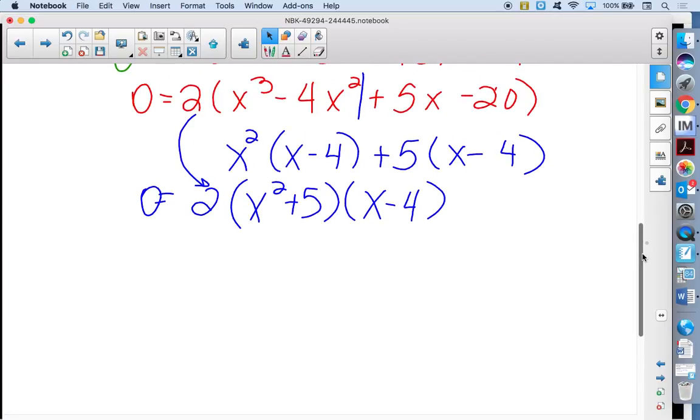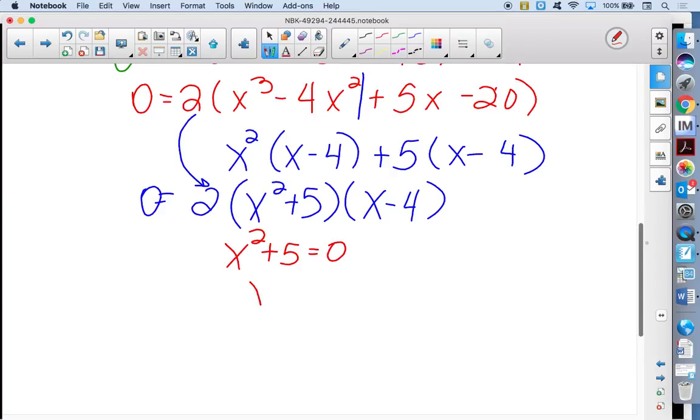So when you're finding the solutions, the 2 in front doesn't have a variable, so that's not part of the answer. It doesn't affect anything inside the parentheses. You took it out, it's done. Go on with that. The x squared plus 5, if we set that equal to 0, we take the 5 to the other side, and if we take the square root of it, you get,